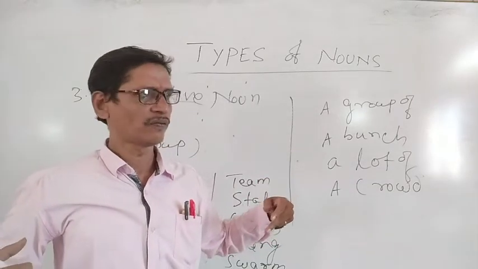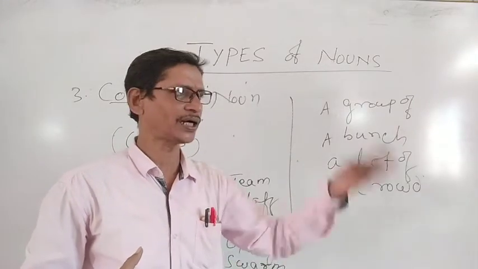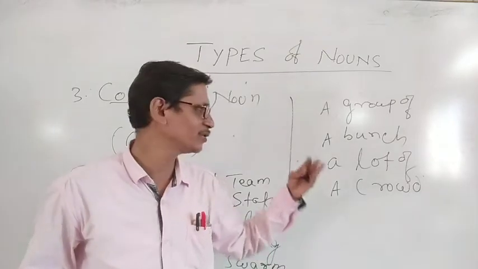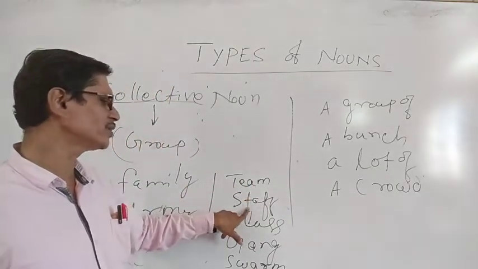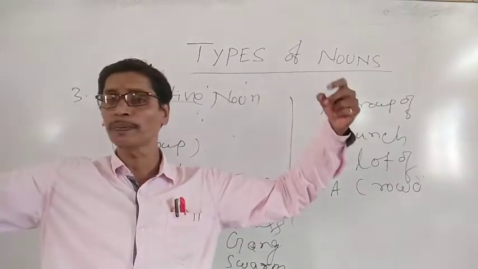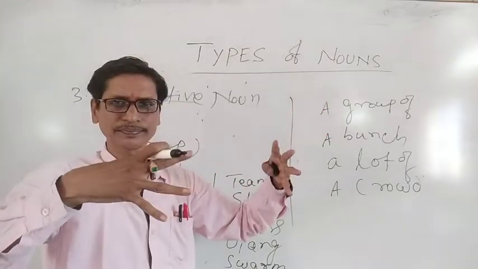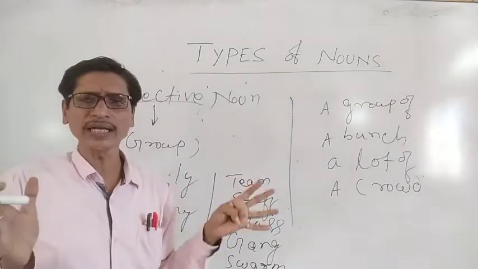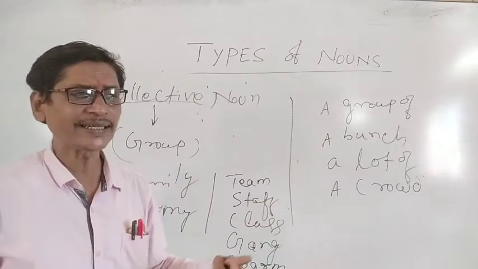Gang means what? When a group of aggressive people are coming to do something or to attack someone, you can say it is a gang. Criminals have a gang. We use gang for criminals. But here we can use staff, class, gang, swarm of, when a lot of insects or bees are coming, they come in a swarm. Okay, so collective nouns contain a lot of entities,